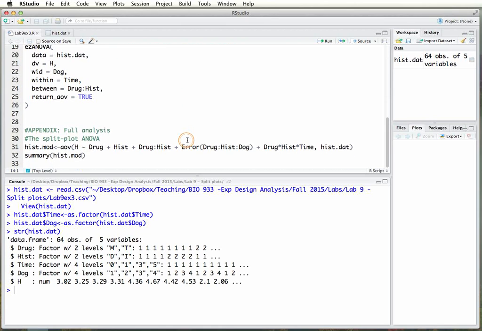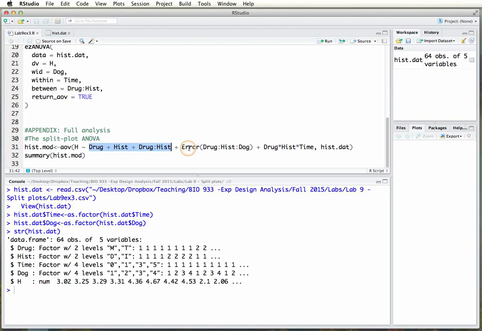So actually, let's do that first. Go down to the very bottom of this script, and you will see what this analysis would look like as a split plot, if we were to assume that these were not repeated measures in time on the same experimental unit, but that they were independent measurements of what the time effect really was. Because it's a CRD, it would be the main plot, which in this case is drug, histamine level, and drug times histamine level. These are the 3 degrees of freedom of the main plot, broken out according to its factorial